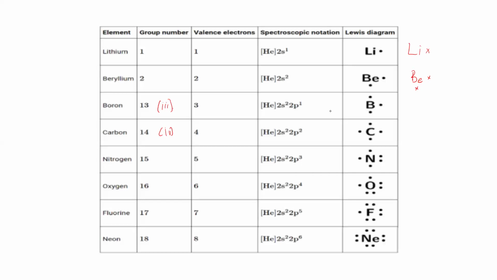So neon doesn't obey the octet rule, meaning group 8 elements, because what we mean by the octet rule is that the outer energy level is supposed to be surrounded by 8 electrons. If the outer energy level is surrounded by 8 electrons, we say that the atom has obeyed the octet rule. But there are atoms that do not, like for example hydrogen,